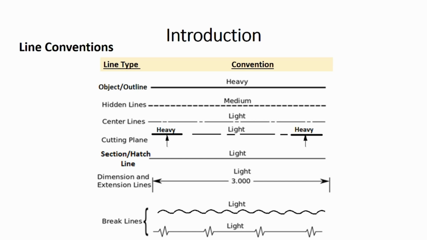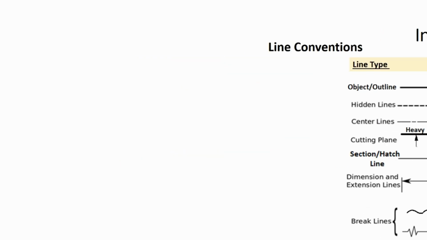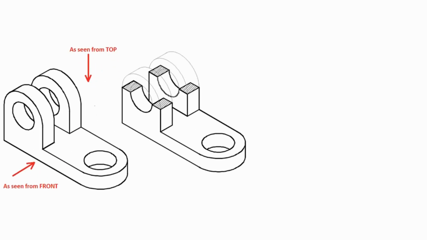All the types of lines that have been discussed have been represented, using an example of a machine part. As one can see to the left of the screen, two three-dimensional representations of the machine part have been shown, first showing the entire object and the second showing the effect of introducing a cutting plane through a part of the object. In the second three-dimensional representation, one can see the hatch lines that show the new surface generated by the cutting plane. To the right of the screen, two views, front and top view of the object have been drawn,